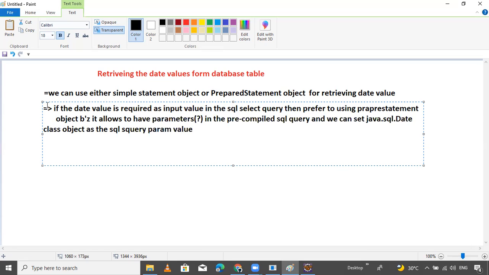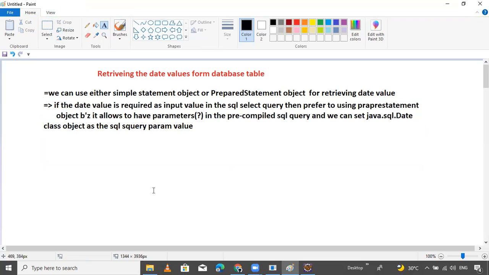So this is our requirement: if the date value is required as an input value in the SQL select query, then use the PreparedStatement object because it allows parameters, and it is not required to pass things like column names. It is a pre-compiled query, not compiled again. Compiled again is the Statement.